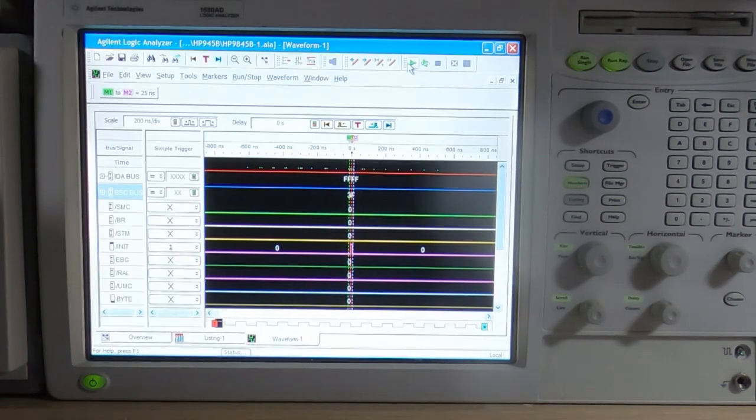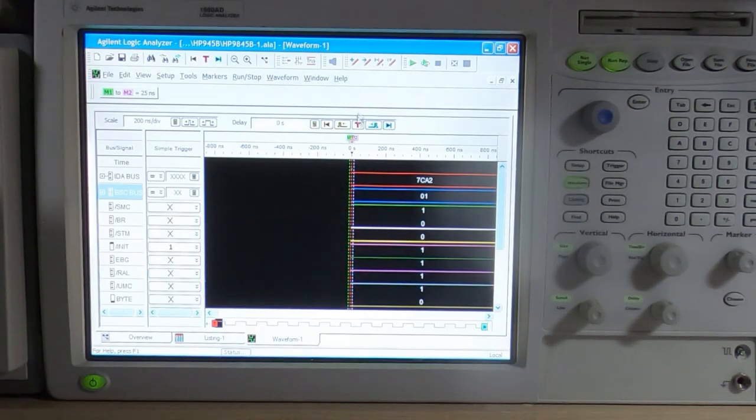And we have indeed captured something. I'm going to just refresh this, make sure it's running continuously, which it is. And as you can see, we've come through to 7C82. I'm just going to compress the scale a bit. Got the same on the screen of the HP machine, by the way, so that hasn't changed. So 5 microseconds per division we're now showing on the analyzer, and you can see the address is 7C82,